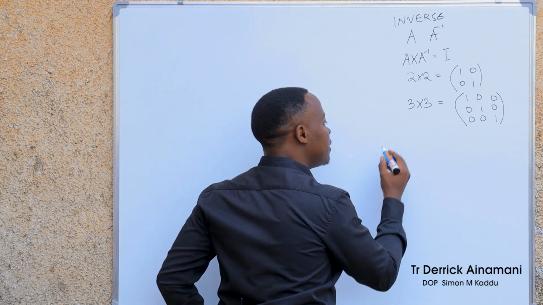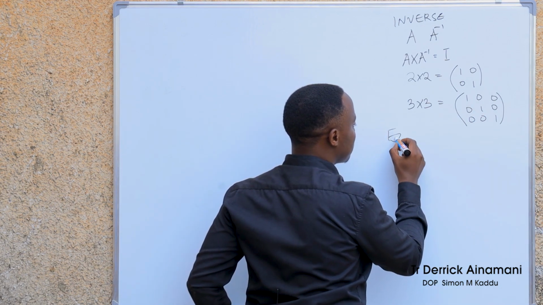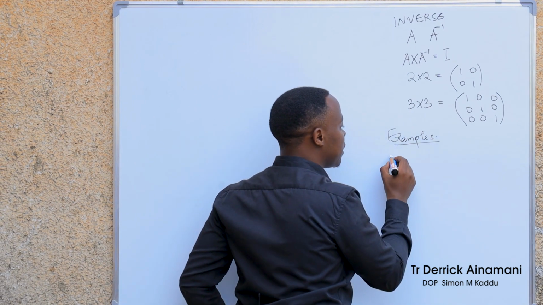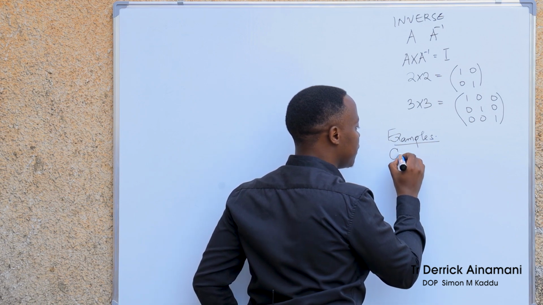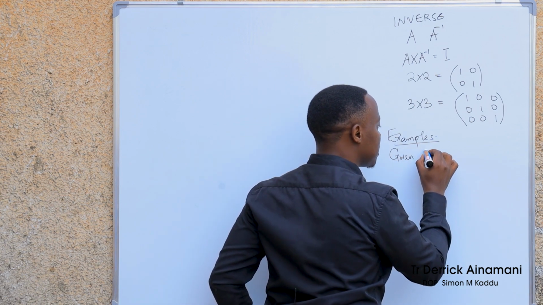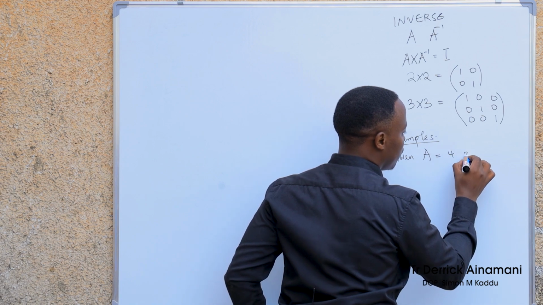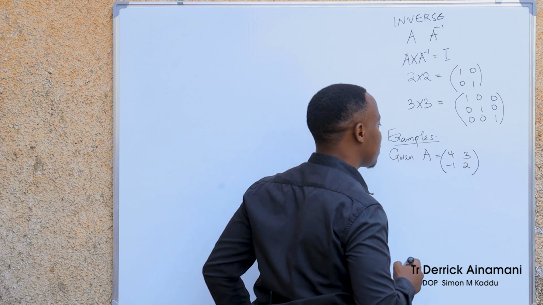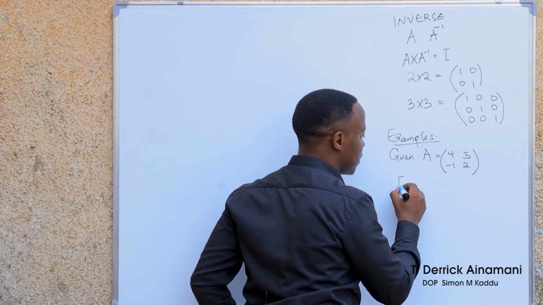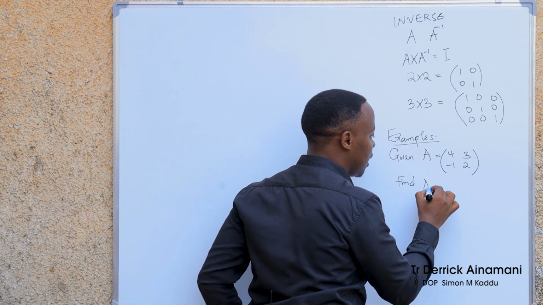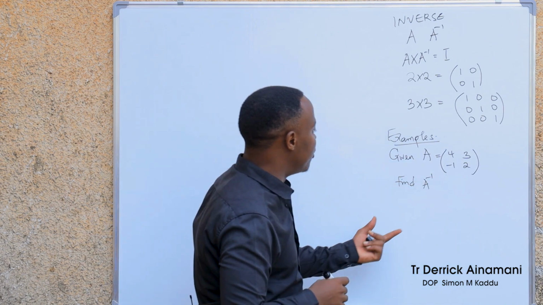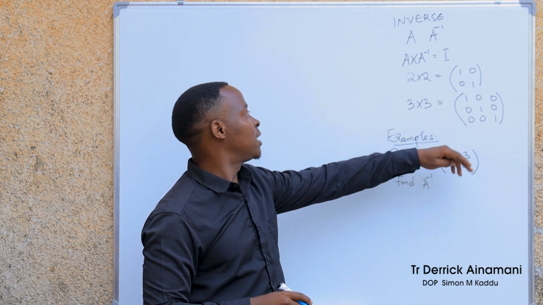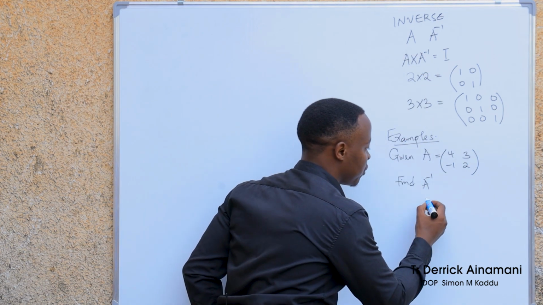So examples. These are examples for those of you who want to take notes. Let's say given a matrix A is equal to 4, 3, negative 1, 2. And then they say, find A inverse. This is a very easy question. We have already understood multiplication of matrices. We already have the identity and we feed it in our formula. So the solution would be,